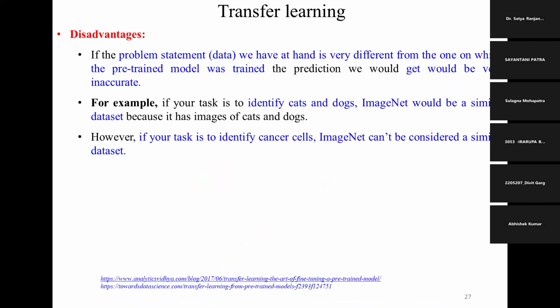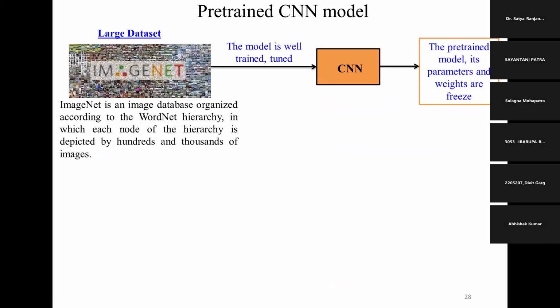And of course, the disadvantages I have discussed: if you have a different domain, for example, if someone trained the machine with cats and dogs but you want to classify cancers, then transfer learning is not a very good idea, because the model is pre-trained on some other type of dataset. So it is not a good idea to consider that.